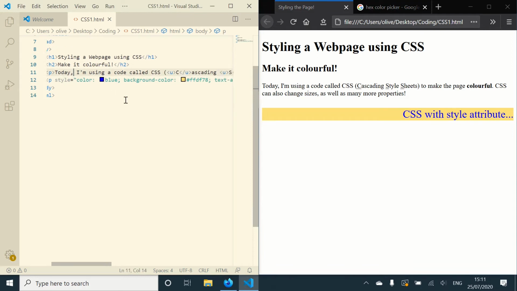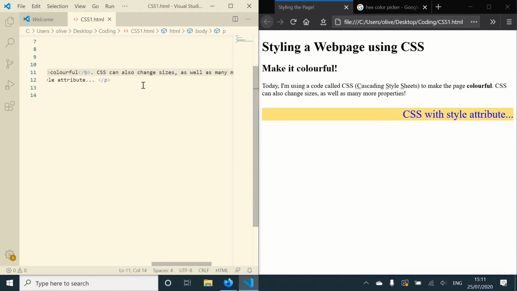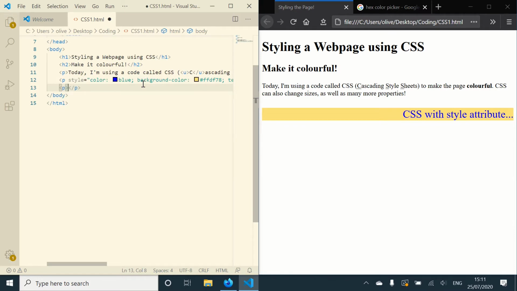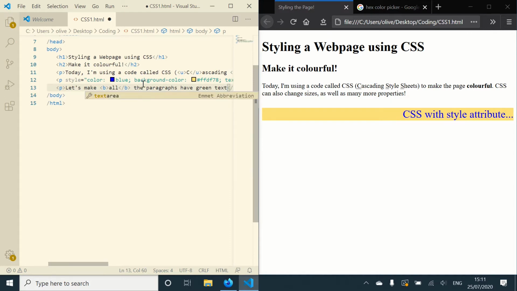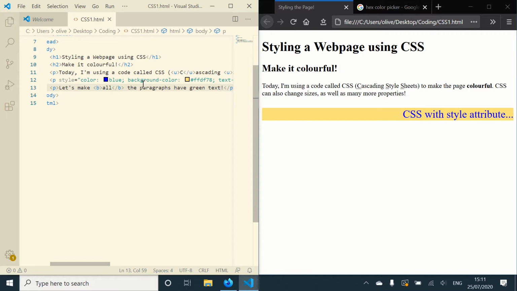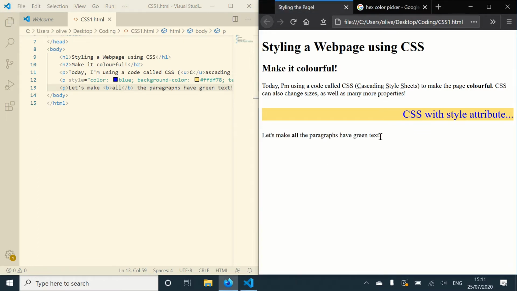CSS doesn't always just need an attribute. So let's see how you can change multiple elements. So I'm going to add lots of paragraphs. Let's make all the paragraphs, I'll put all in bold. Let's make all the paragraphs have green text. How we do this is we get to the head, we put an element in it called the